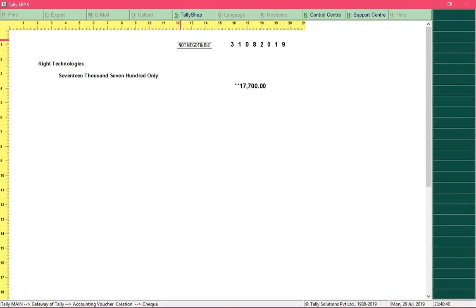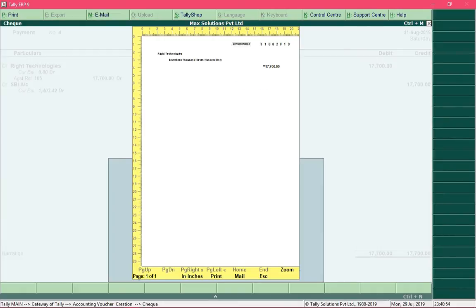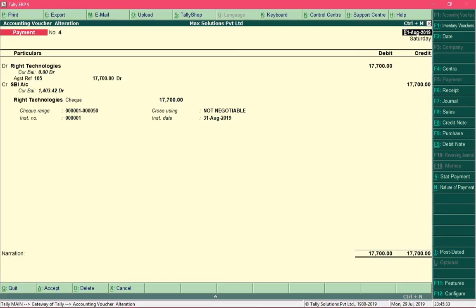For example, we have crossed the check using the text not negotiable, and the date is as per the instrument date which we specified in the bank allocation screen. After confirming the preview, you can click on the text print in order to print the check. So this is how you print checks while passing the transaction.